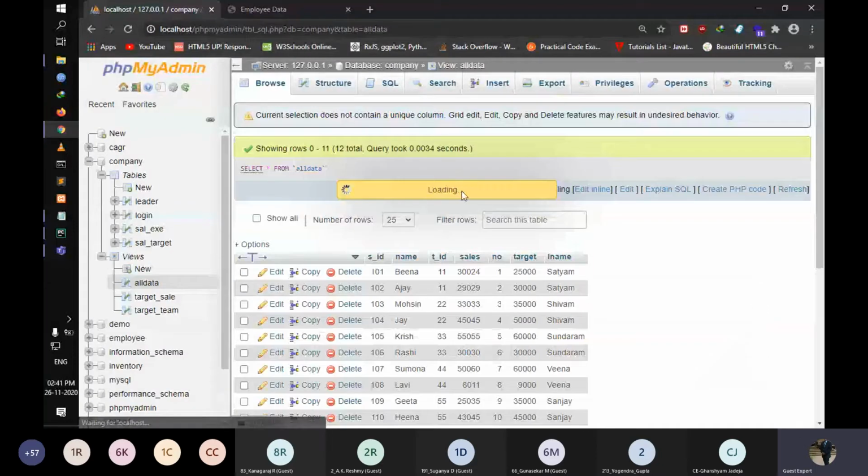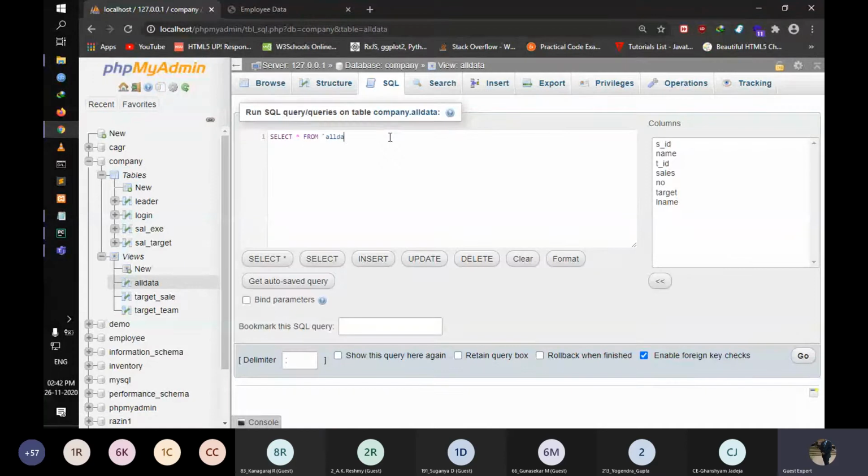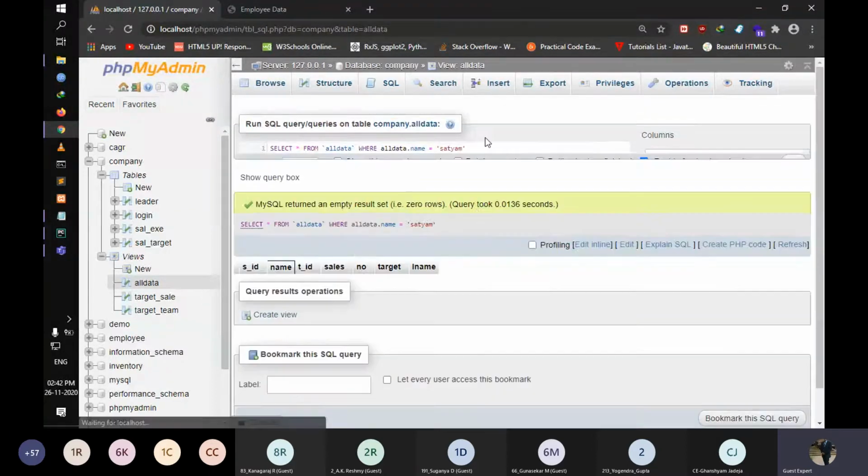So we need to select values: select star from all data where data.name is equal to, and we can enter one name just to see how it works, Satyam.